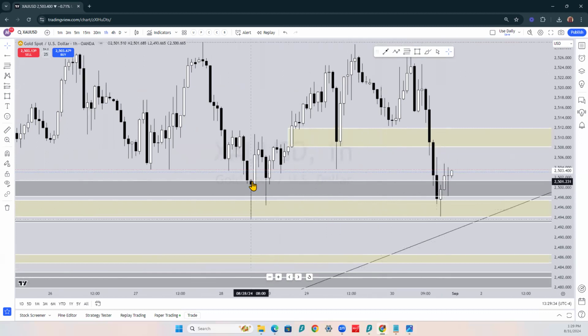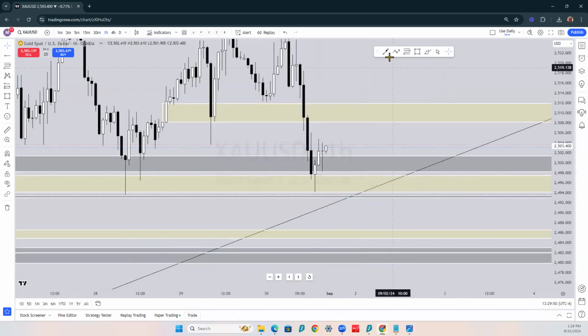Because this whole area here is called support. You see how I did not break below support? The market has a hard time breaking the support area right here. Or else, if it would have broke this support area, it would have done one of these numbers: come out of support, come back and retouch the resistance. Now it's called resistance, and then trend lower. But since we're looking for the market to go higher, because we're saying that the market's in an uptrend, we're just